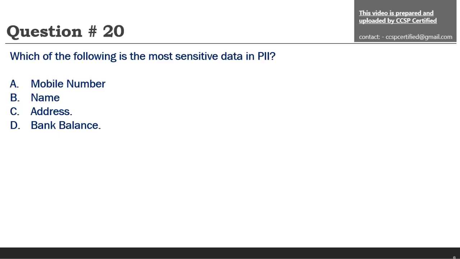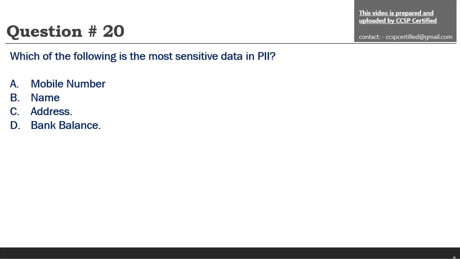I have already explained this in the past also. What ISC2 does is they don't give the best answer in the options. Normally if you go with the most sensitive data, it is like social security number, or Aadhaar number in India, or maybe gender, or maybe race, or maybe date of birth. Those are the most sensitive data. But out of these, none of them are in the answer, and this happens. They will remove all the obvious answers and give the answer which is near, close, nearby, and you have to identify it from the given options.